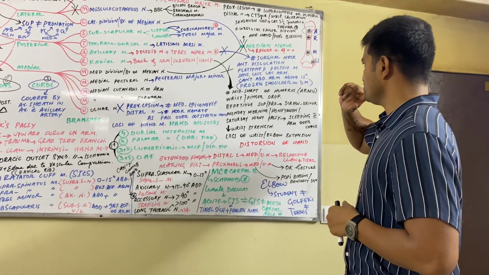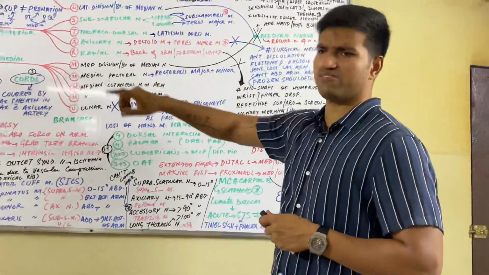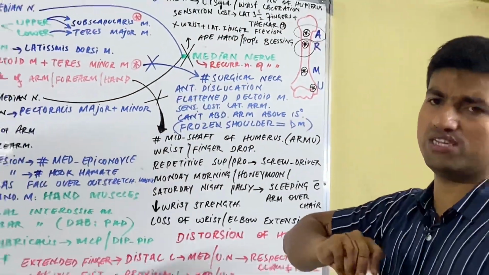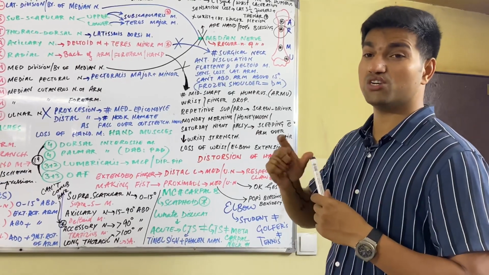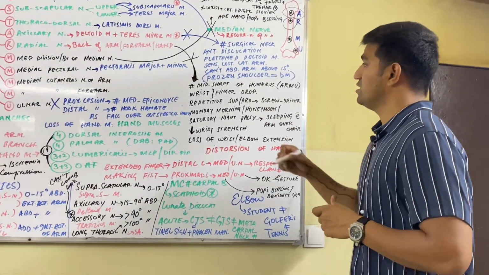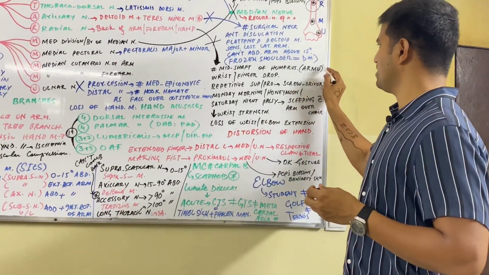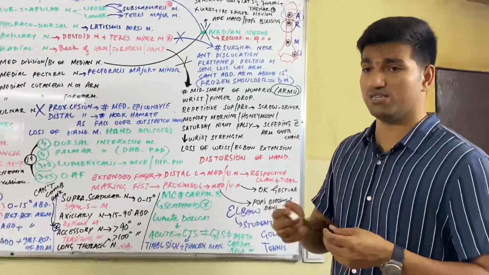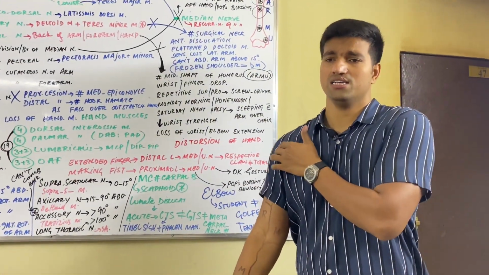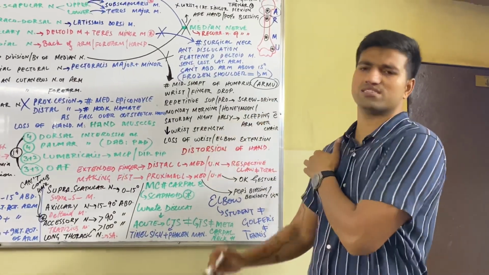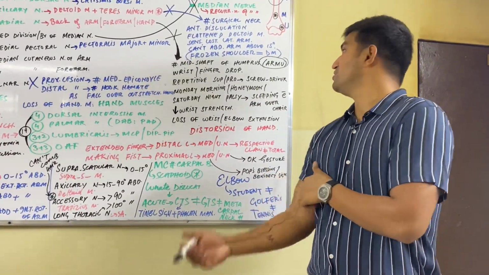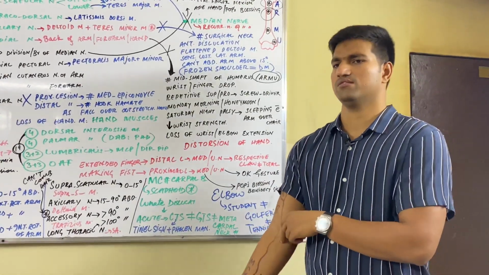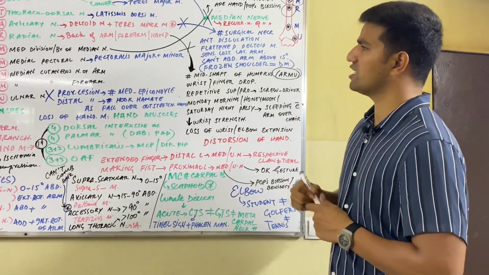Okay. Now we will discuss radial nerve damage. Why radial nerve damage? If there is a fracture at the mid shaft of the humerus bone, it is a mnemonic from proximal to distal. If there is a fracture at the surgical neck, A for arm, A for axillary nerve. Fracture at the mid shaft of the humerus, R for radial nerve. Fracture at the supracondylar region, median nerve. Fracture at the medial epicondyle, U for ulnar nerve. So now we are talking about the radial nerve.